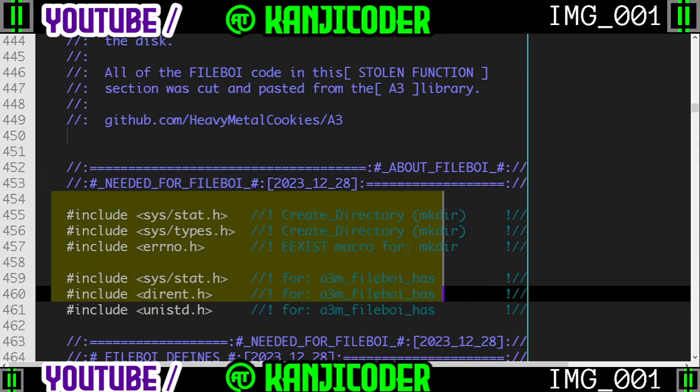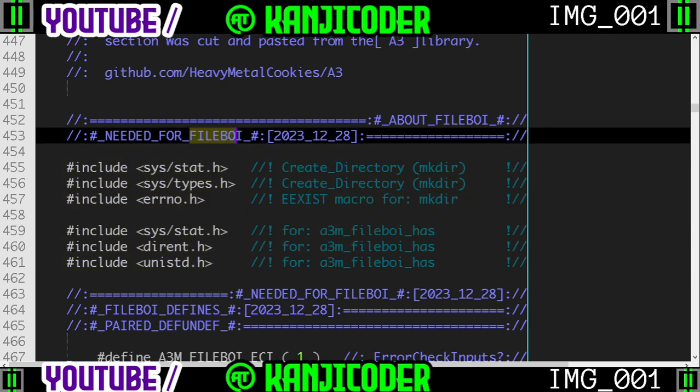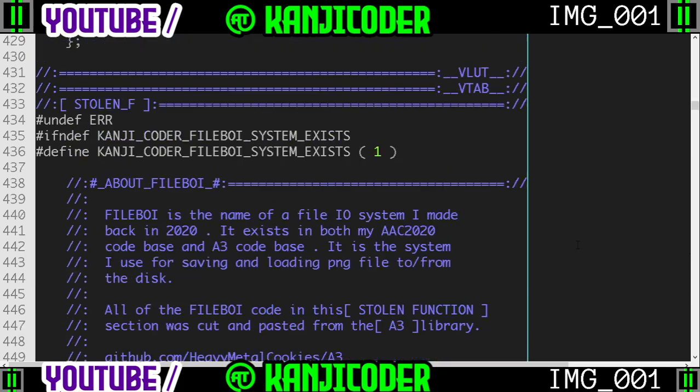And so these are the includes that we need for the FileBoy subsystem that I've embedded into this project. The FileBoy system is out of the scope of this project, but it's just a file input-output system that manages saving and loading of the PNG files. I use UPNG for JavaScript code, and then I use LodePNG when I'm doing C code. So the FileBoy system under the hood wraps a lot of LodePNG functions. Anyways,